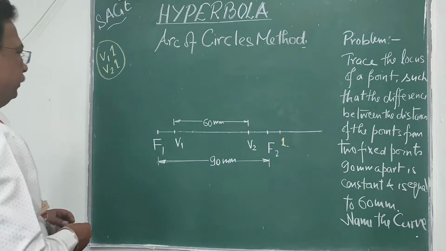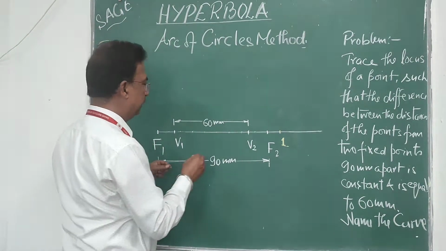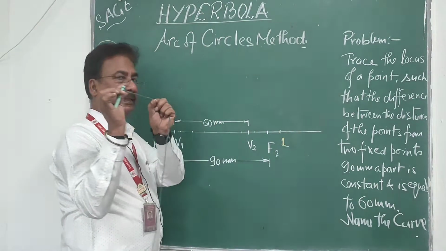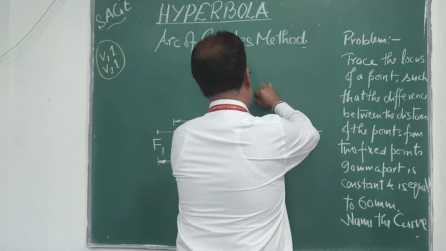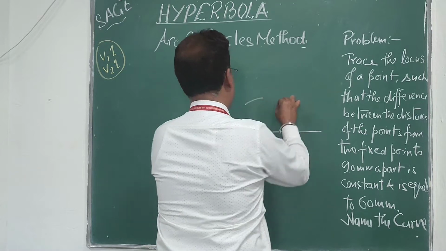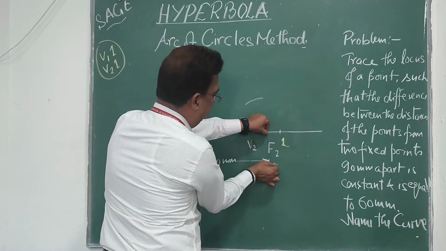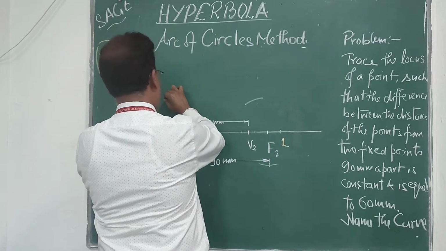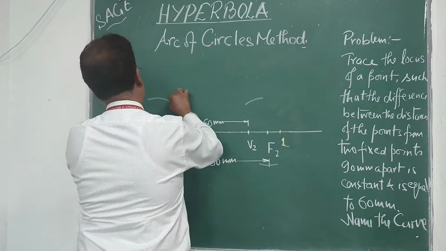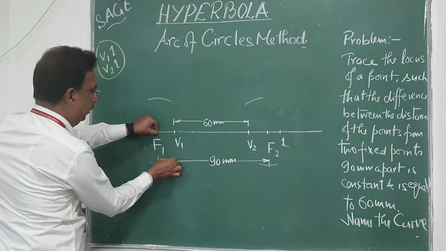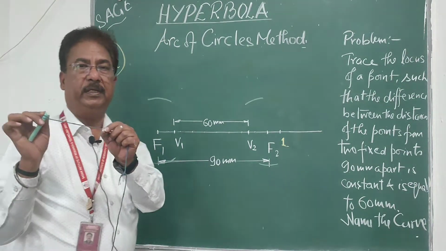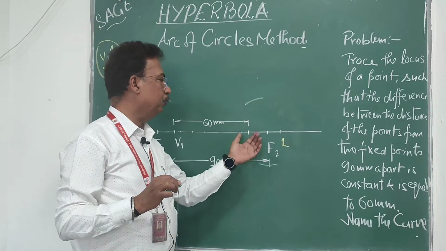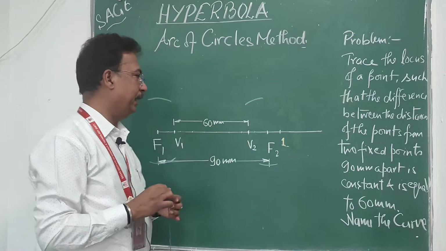I will start with the distance V2 1. I am taking the distance V2 1 and the center will be the focus F2. One arc upside, one arc downside; same radius from F1, one arc upside, one arc downside. So by taking distance V2 1, I have marked 4 arcs, 2 on the left side and 2 on the right side.